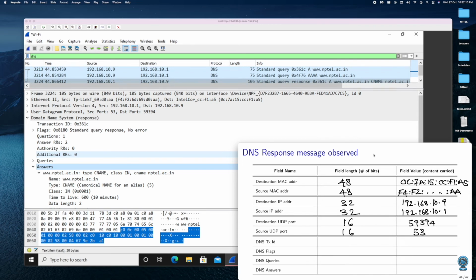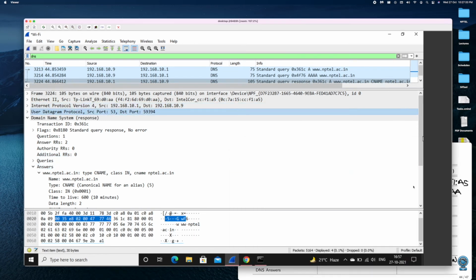And now if you observe the transaction ID, you can see it is the same as what was sent in the query. And likewise, the other things we can note down. The query also you can note down. The query was basically nptel.ac.in. And then the IP address it has found out for us. Let's note down the IP address.